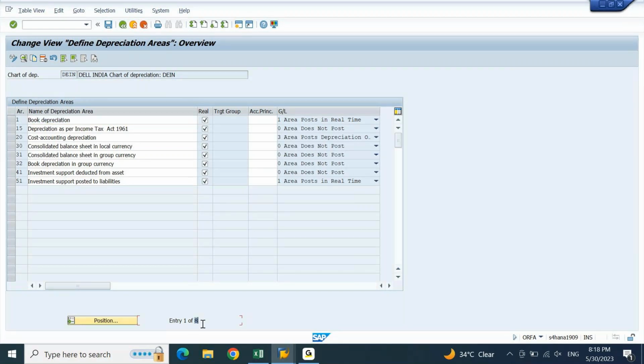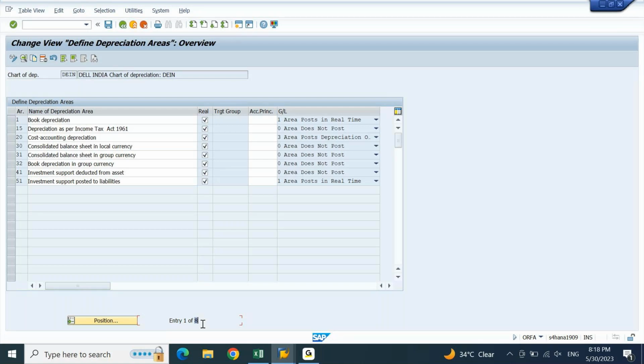With this you need to understand, in India there will be the standard requirement which may go up to 8 depreciation areas. This is how any real-time company, if you see for an Indian project, this is how you are going to define depreciation areas, because this is the actual requirement that is used to create your depreciation areas.